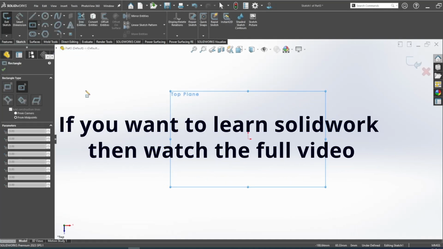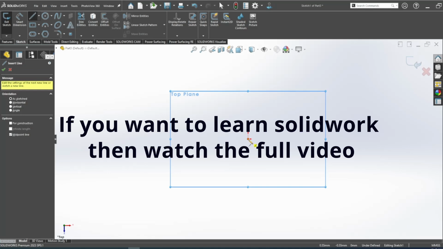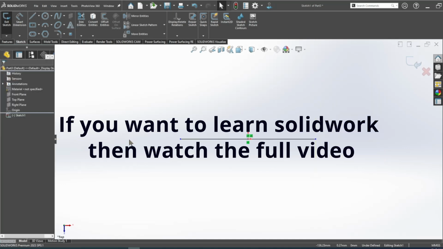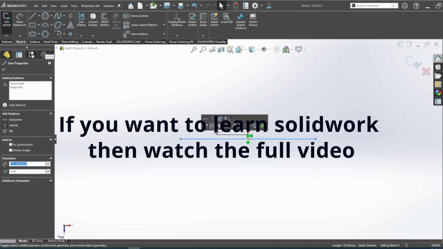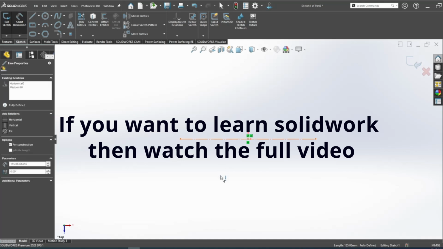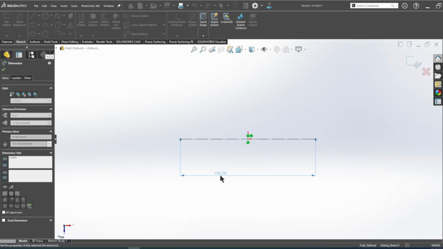go to rectangle, go to center line or midline, draw from origin one midline, select OK. The construction, okay. Dimension, length 190. Okay,